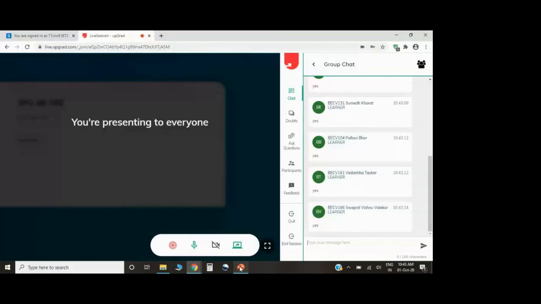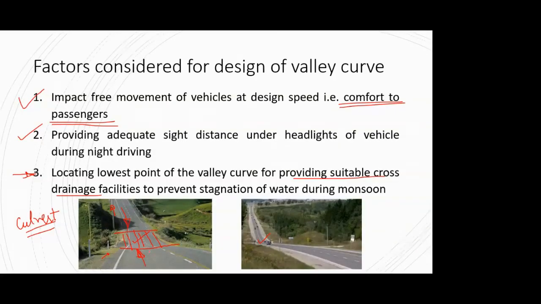I was saying that whenever next time you travel on such a valley curve, just take your vehicle to the side, park it properly, get down and see what's actually there on the sides of the lowest point of the valley curve. You will find a slab culvert or a box culvert. That is because in case of runoff, whatever is the topography and whatever is the runoff from the road itself, it will be easy for that runoff to cross over the topography and your lower point will not get flooded.